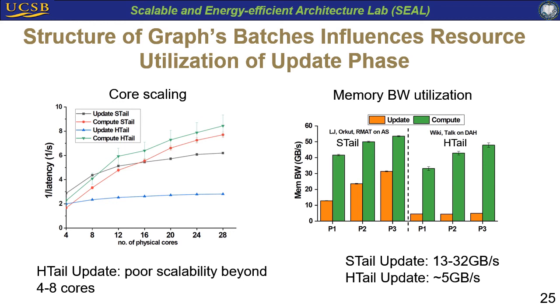These architecture level findings show that the update phase possesses lower levels of thread level parallelism. More specifically, the H-tail category of datasets, their input batches are heavy-tailed or more skewed, and therefore they possess even more inherent parallelism bottlenecks. And therefore, their input batches during the update phase are less capable of leveraging a large number of cores or